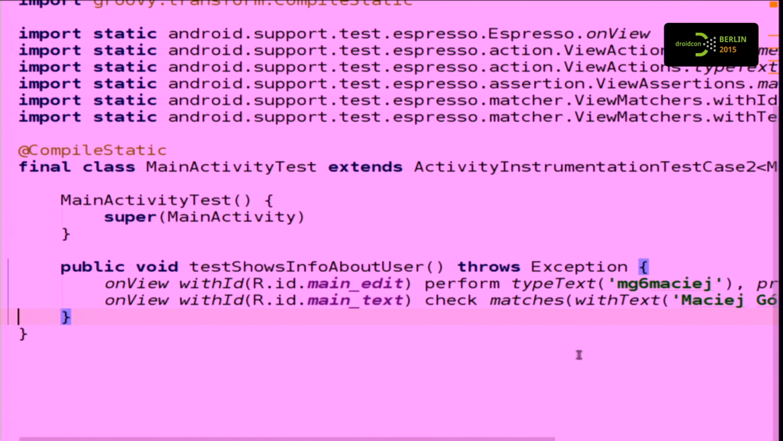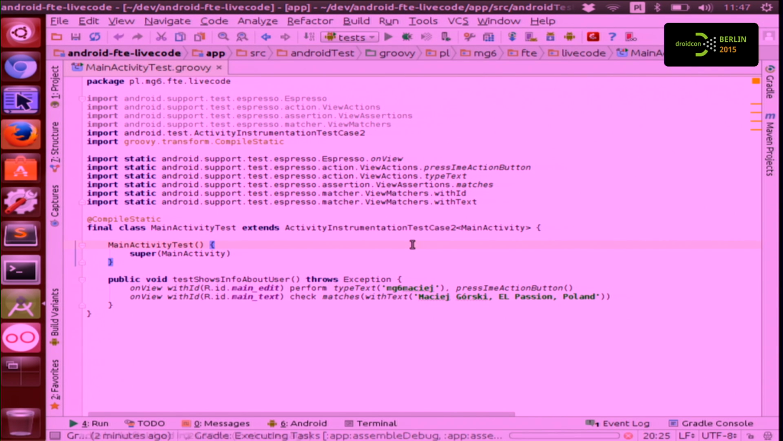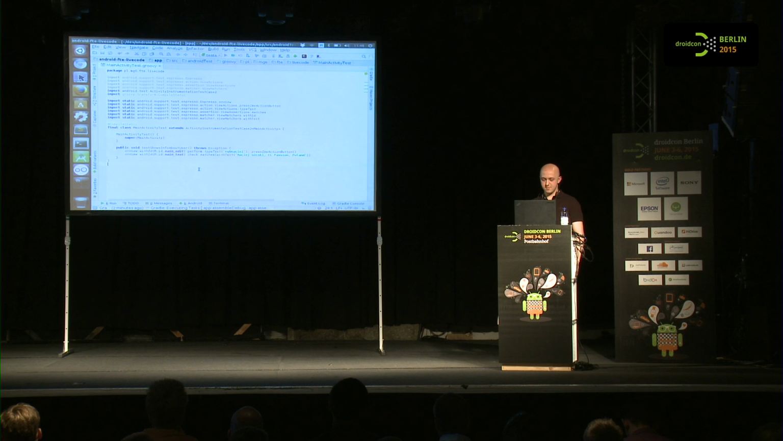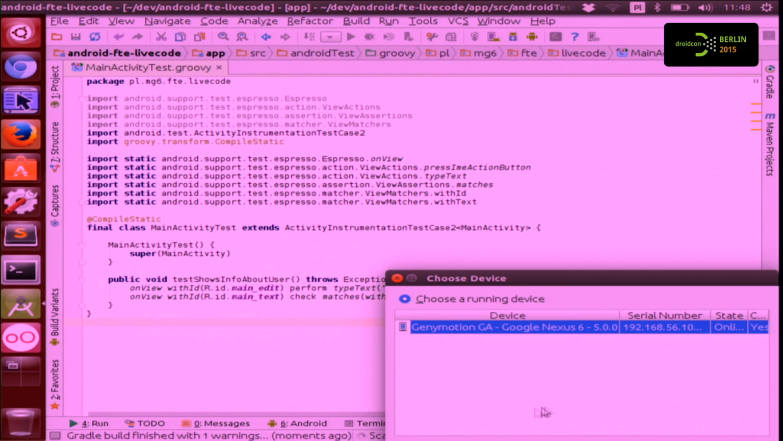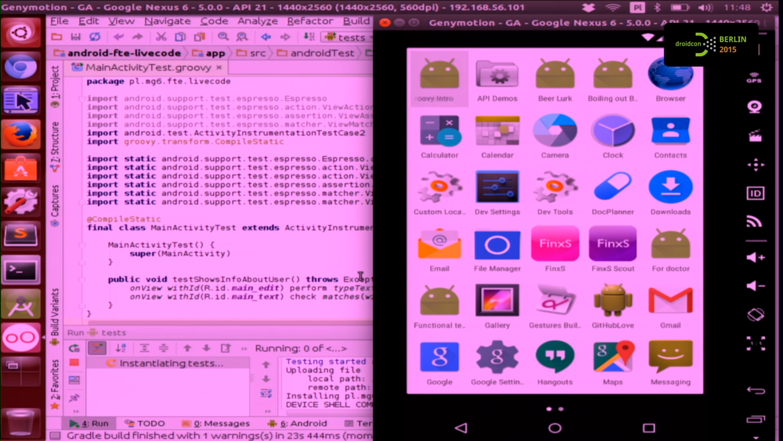And if you run this test now, what do you expect to happen? Let me switch to tests and run it. Let's see the application. So, any clue what will happen? Exactly. If it runs. Yeah. And